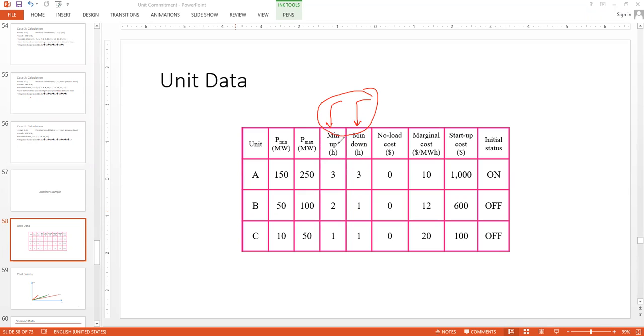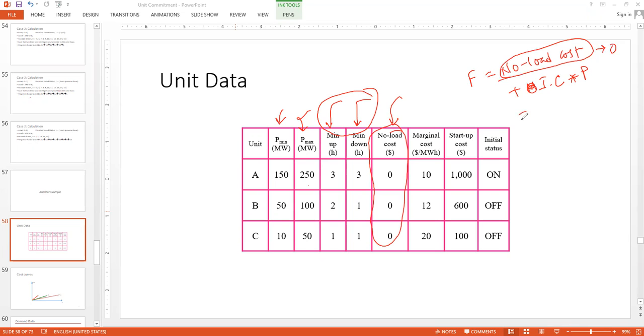Here we have the data for 3 units, A, B, and C. Also for all the 3 units, we have the minimum and maximum. Of course, these values are given. The uptime and downtimes are given in hours. There are no load costs. So the cost F is simply, if I write down the previous formula from the previous example, no load cost plus incremental cost or marginal cost, all the same, multiplied by P, that is the production. So here the no load cost is 0 for all the units. That means your F of P is simply the marginal cost or incremental cost multiplied by